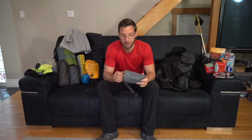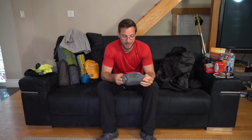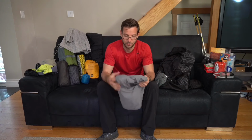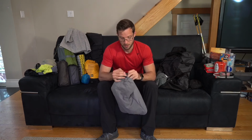I got a pillow. This is a little bit excessive for some people, but to be honest, it's not that big for me. I like to bring one of these. I like to make sure that I'm sleeping comfortably, and some people just put some clothes under their sleeping bag, and they just sleep on top of that. So I bring one of these, and surprisingly,